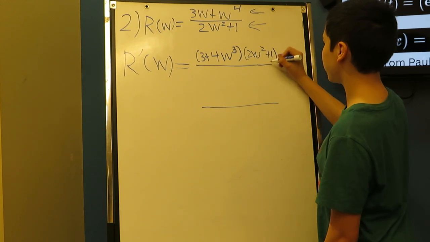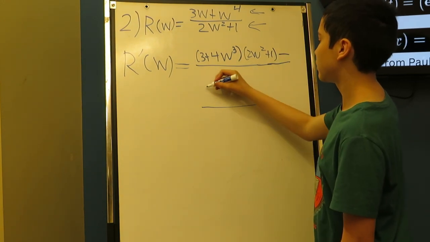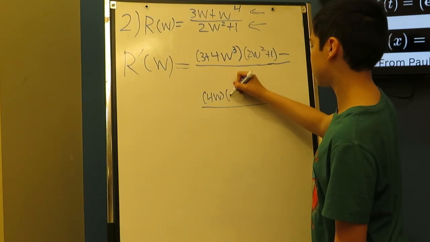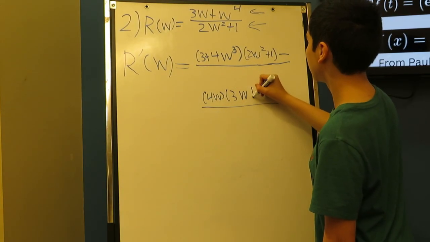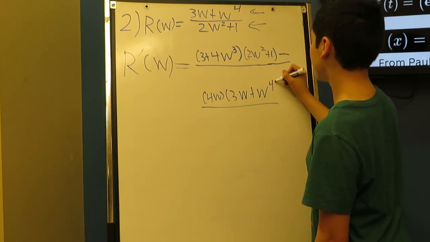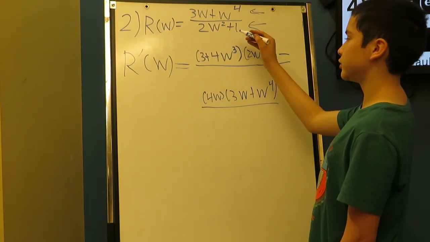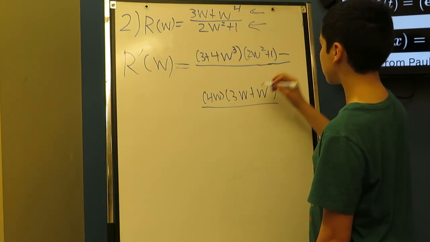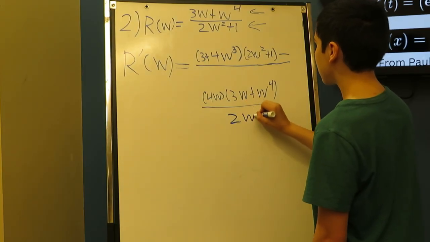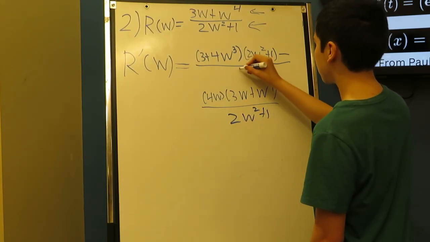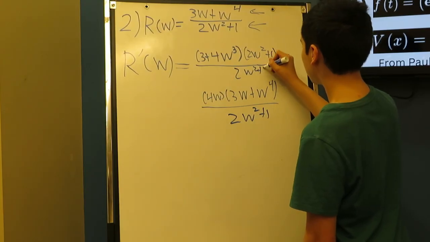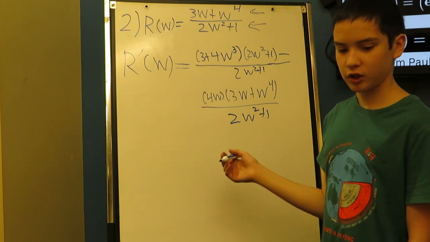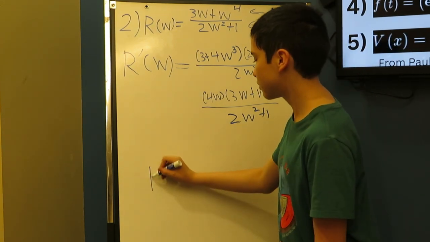But we can't forget that we have a minus instead of a plus. And then we take everything divided by the square of the second term. So now, if we try simplifying a bit,